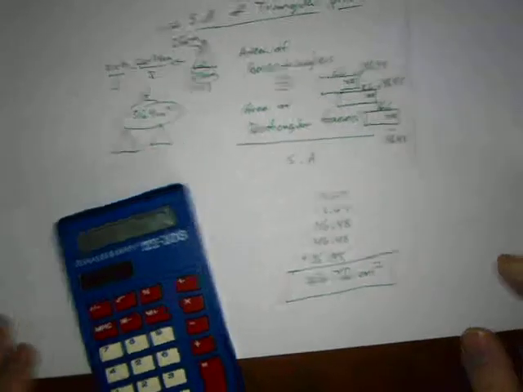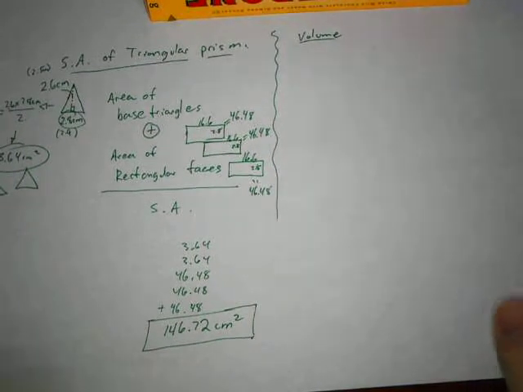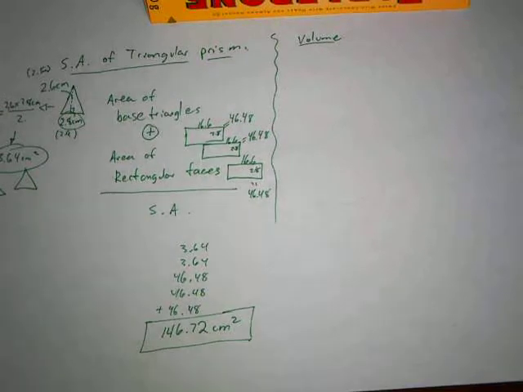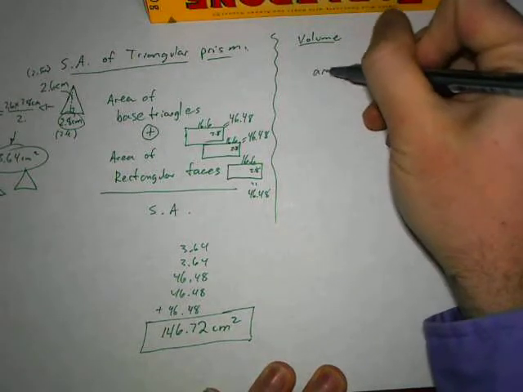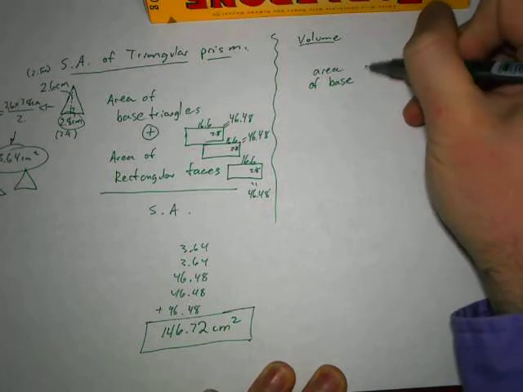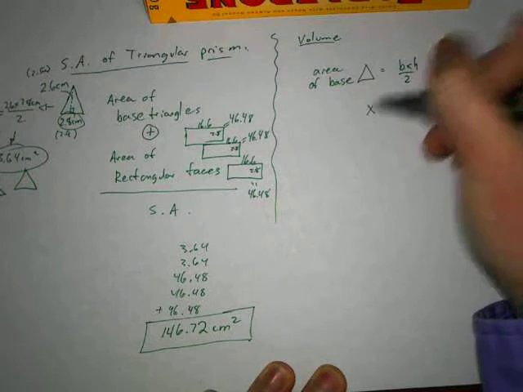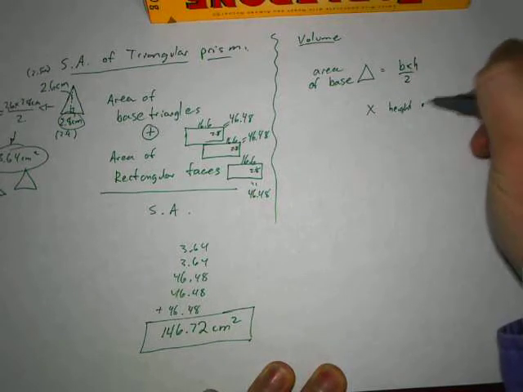Now, for the last step for volume, how do we figure out the volume of our triangular prism? What was the volume for a triangular prism? Brandon? It's not up there, that's why. How about Sachi? Base times height divided by 2 times the height. That's right. So the area of the base, which in this case is a triangle, so that's base times height divided by 2. And then we need to do times the height of the prism,